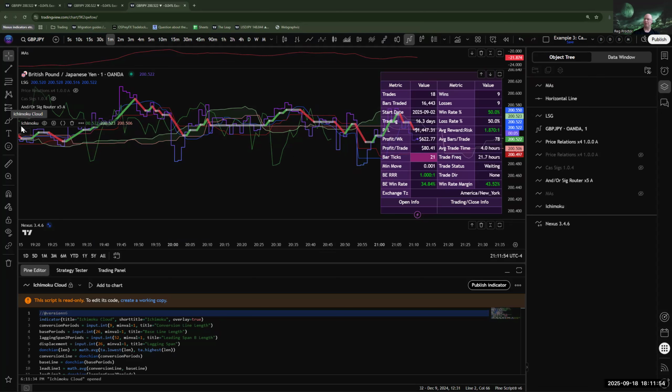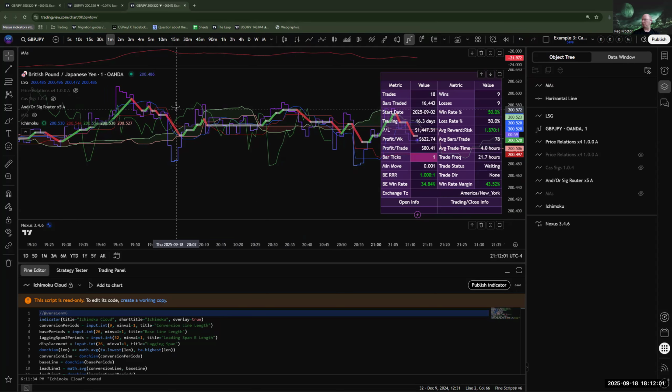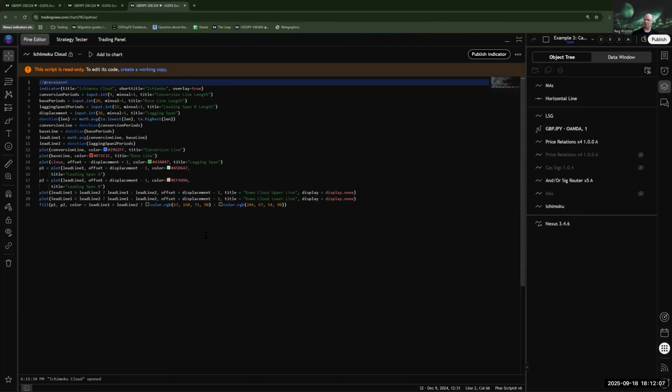So here it is, the Ichimoku cloud. And it's the one that people turn a lot of stuff off because it's too much to look at. So I want you to see something interesting about this cloud. One of the signals coming out of this, I'm sorry for bringing code up, but it's about the only way to show you what's going on. So if you have a look here, lead line,